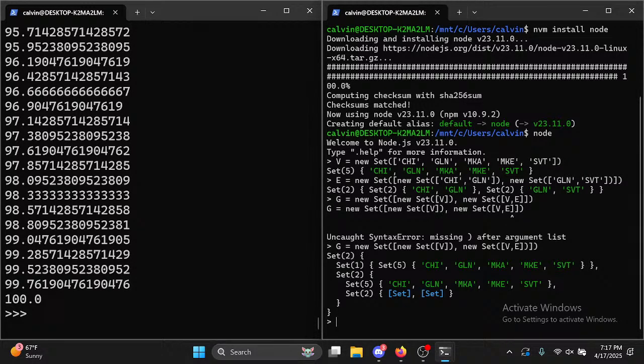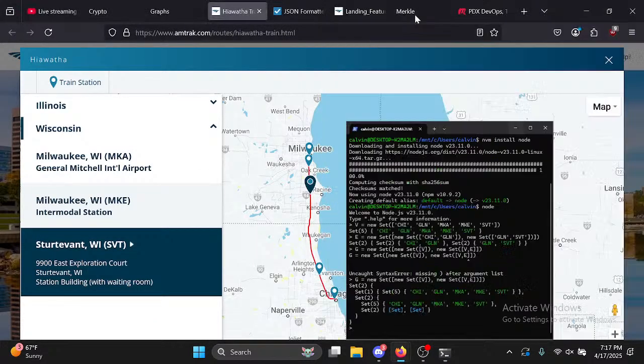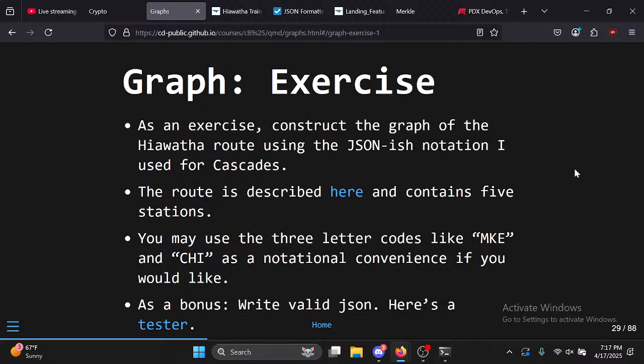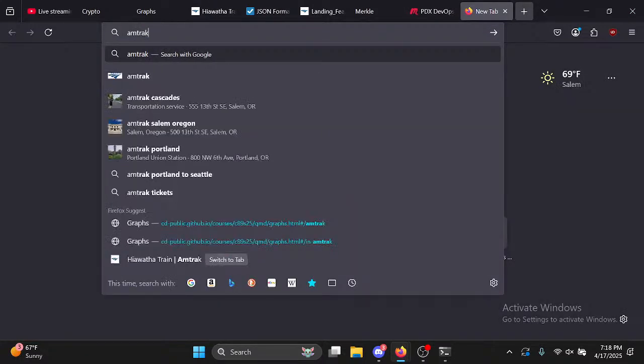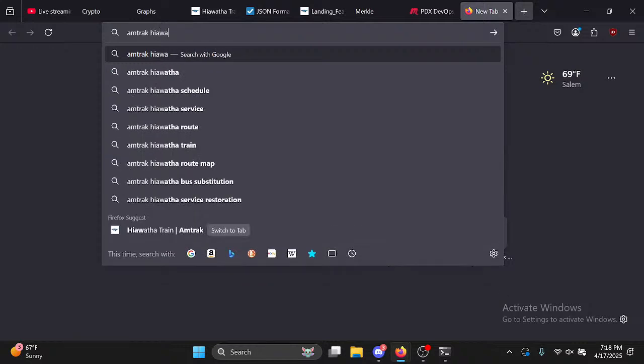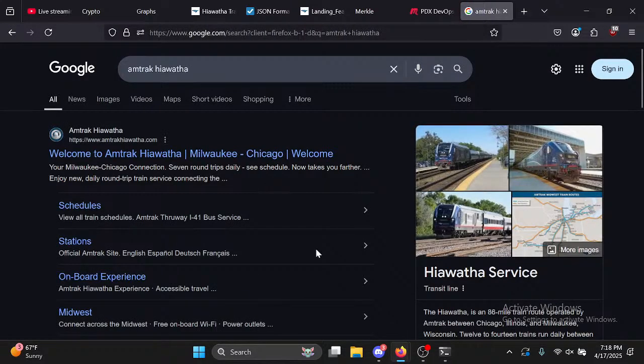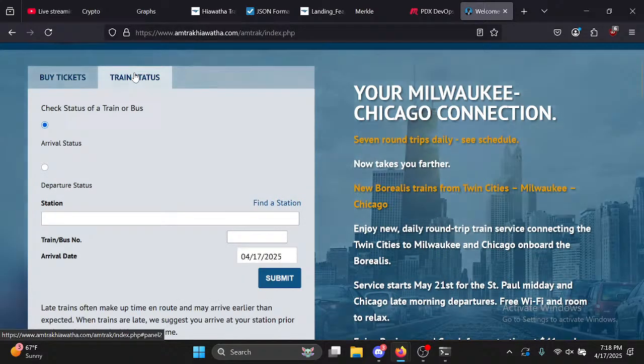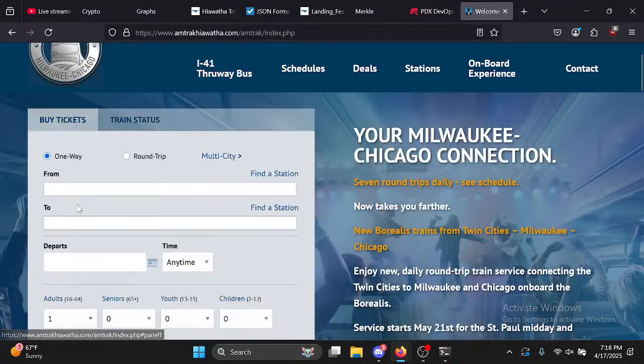Okay. So the question I was going to ask you, right, is like now that you're done, how many of you thought about whether you're going to implement this as directed or undirected, right? And so to me, the Hiawatha route is undirected. And why does it feel undirected to me? Because I think I can take the train from Chicago to Milwaukee and Milwaukee to Chicago, right? But if I go to, I don't really want to go buy Amtrak tickets right now, but well, no, I do want to be buying Amtrak tickets right now, but right. If I look at, for example, train status or something, yeah,